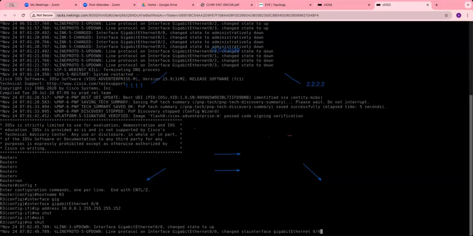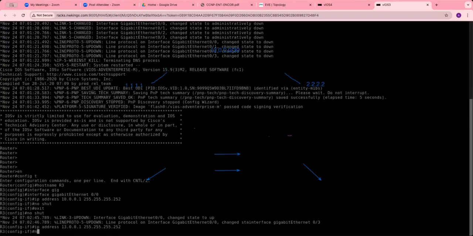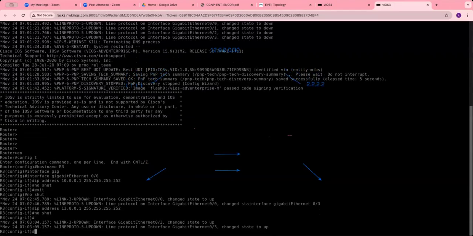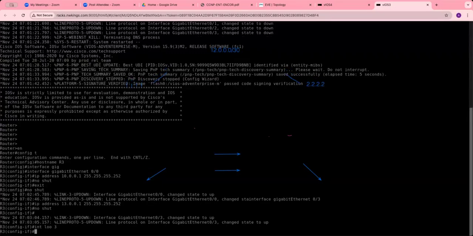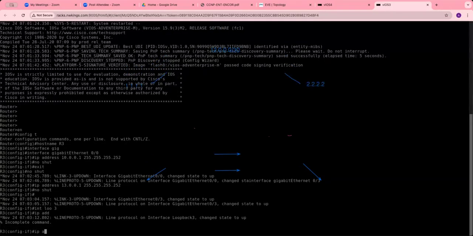Interface 3, and the IP address is 13, no shut. And the loopback 3, IP address is 3.3.3.3